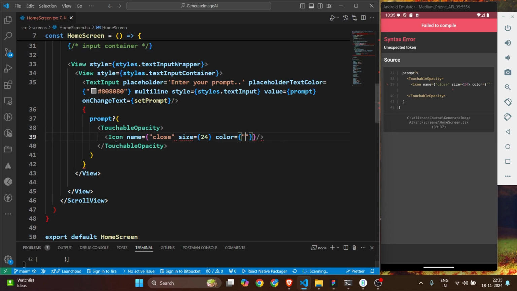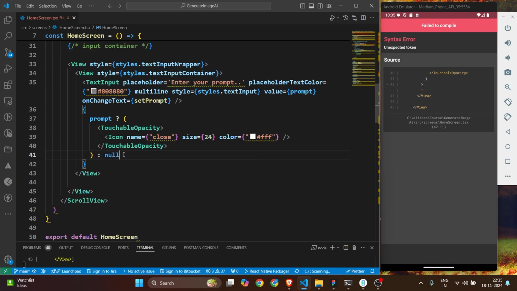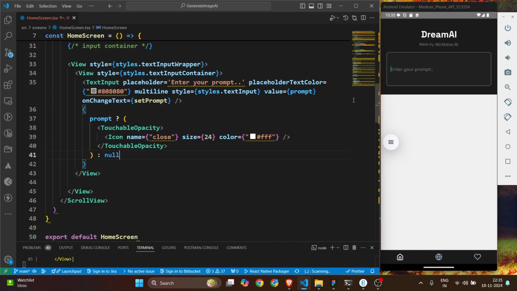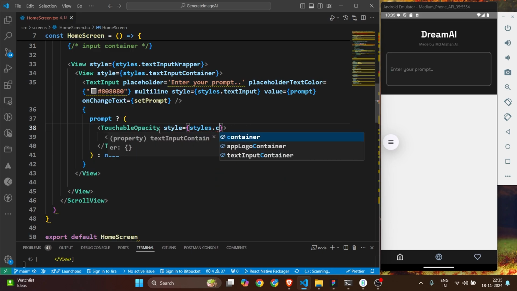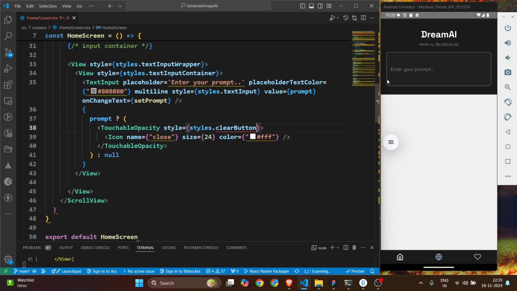So let me add FFF. Now you can see that if no prompt exists, you don't have to render anything for now. So we are not able to see anything on the UI, right? So I'm going to style this as well. For this, we're going to call this style, styles.clearButton. But the catch is that whenever the user types something, this icon is visible,